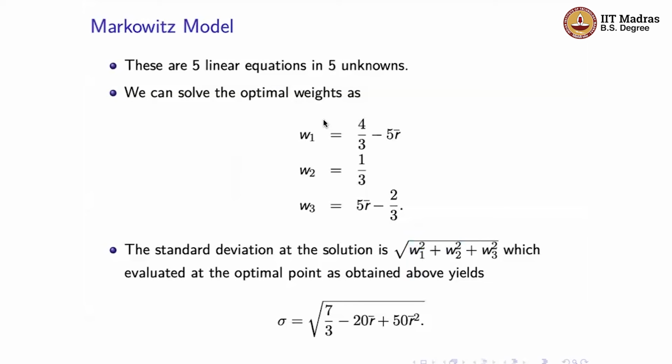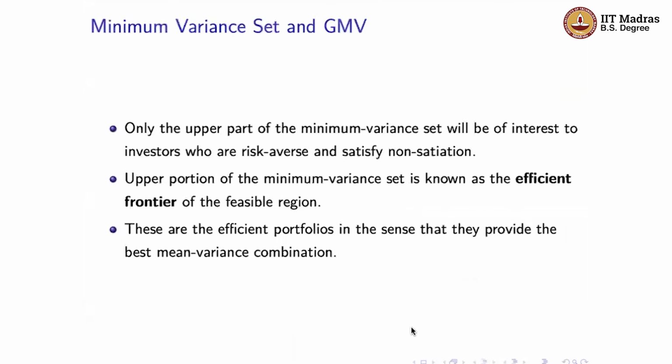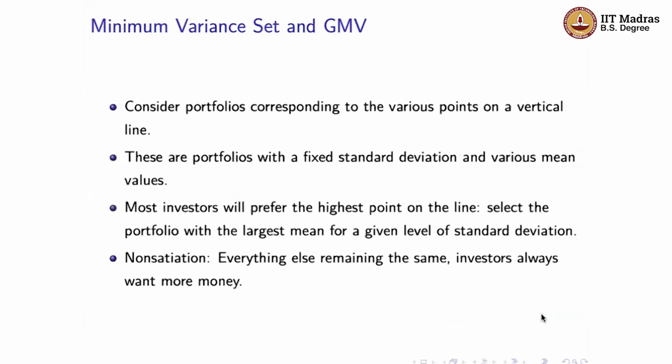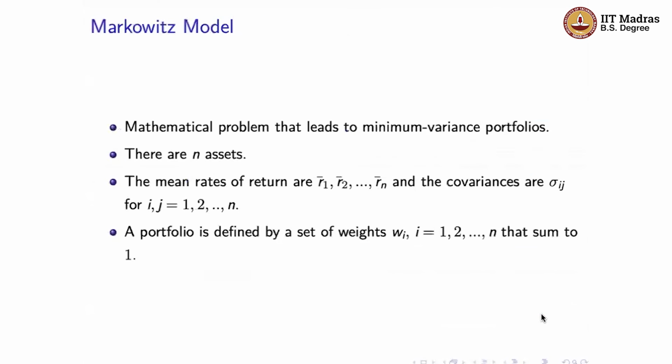So if you now put in these values of W1, W2, W3, you will end up getting 7 by 3 minus 20 R bar plus 50 R bar squared, right? So what is this telling us? This tells us that for the given value of R bar, what's the lowest value of sigma that we can achieve. So now if you go back and think about it, this is nothing but the minimum variance set that we have discussed. And we can also find out